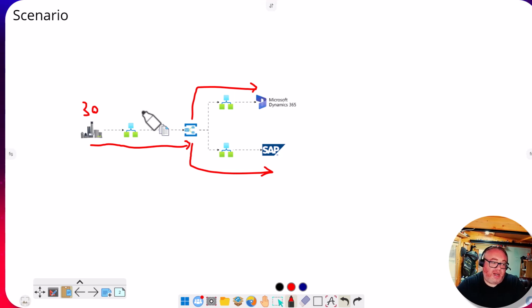So, back in BizTalk days, we might have used something like a pipeline component to promote a context property from the message, and then we do routing based on the context property. The problem we had though is, let's imagine one of the messages, if we focus on one message type, in there may be a list of codes from different systems in the plant, and let's say there's 3,000 codes and 20 of them go to Dynamics and 300 of them go to SAP, but that list for each system